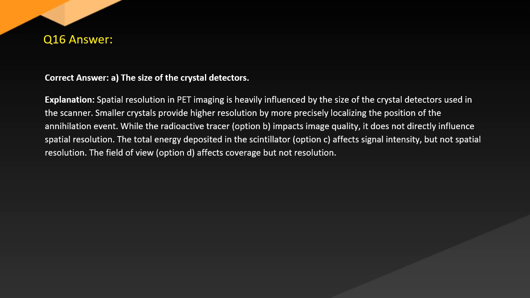Answer. Correct answer: A. The size of the crystal detectors. Explanation: Spatial resolution in PET imaging is heavily influenced by the size of the crystal detectors used in the scanner. Smaller crystals provide higher resolution by more precisely localizing the position of the annihilation event, while the radioactive tracer, option B,